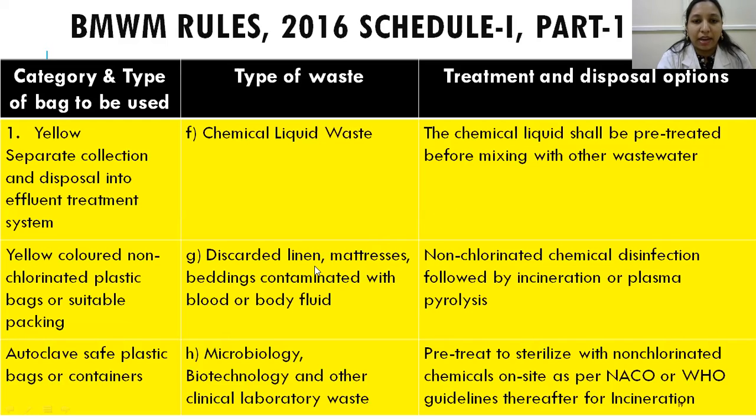Okay, next category is the discarded linen, mattresses, beddings, and all. Any patients in the wards or ICUs, they may be discarding the linen or mattresses if they're contaminated with blood or body fluids. So these are also thrown into the yellow colored non-chlorinated plastic bags or suitable packages, because the linen and mattresses are very big in size. You cannot fit them into the bags. So suitable packaging should be used. So here also, first you have to do the non-chlorinated chemical disinfection, and then followed by incineration